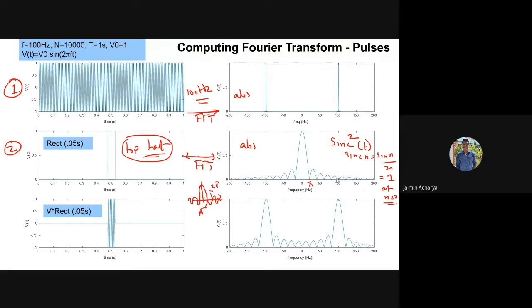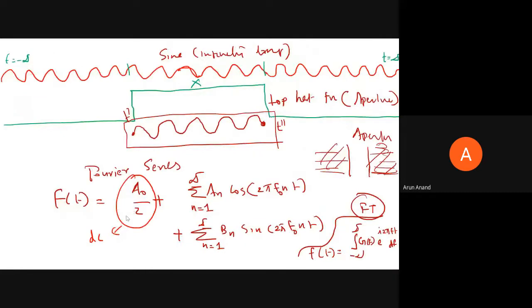Yes, sir. Okay, now look at the sinc function. The sinc function is broad, no? And that sinc function arises because of the rectangular pulse. Now, if you multiply this rectangular function with the signal, you are going to get something like this. That's the third plot. That is nothing but your signal multiplied by the rectangular function. So this is equivalent to the infinitely long sine wave I've talked about. Clear?